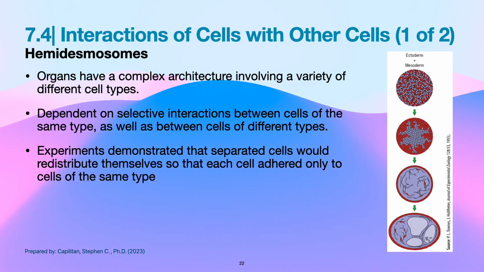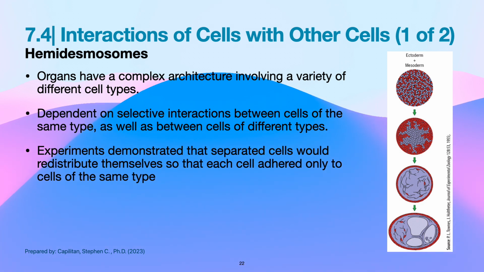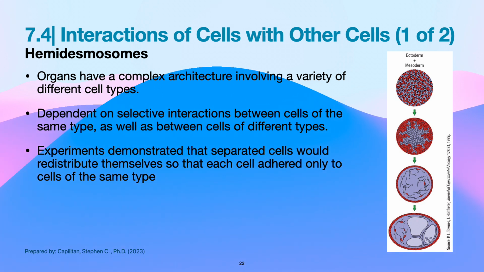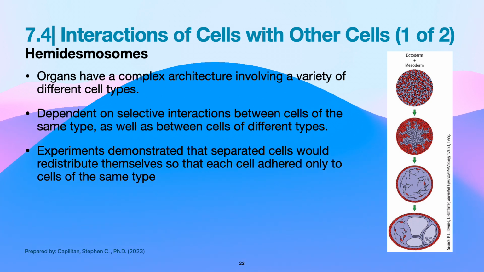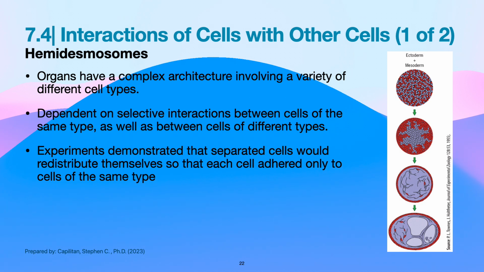This is an experimental demonstration of cell-to-cell recognition. Organs have a complex architecture involving a variety of different cell types, dependent on selective interactions between cells of the same type as well as between the cells of different types. Experiments demonstrated that separated cells would redistribute themselves so that each cell adhered only to the cells of the same